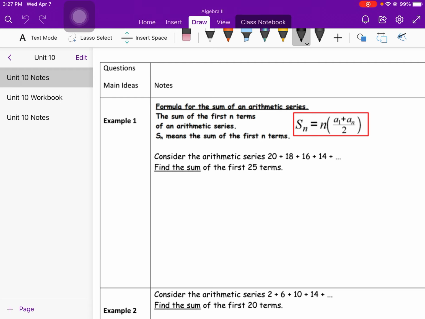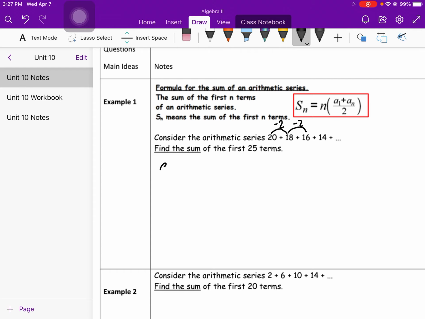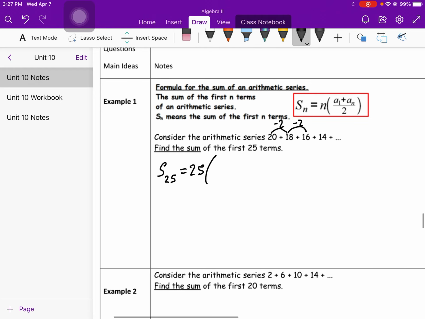So consider this arithmetic series, 20, 18, 16, 14. So they're going down, which we want to be conscious of. So to get from 20 to 18, it's going to be to add negative 2. And then negative 2 again, so it's going down by 2 each time. So we want to find the sum of the first 25 terms. So this is going to be S of 25 equals, and then our n is 25, because that's how many total terms there are. A of 1 is the first term, which we see here is 20,